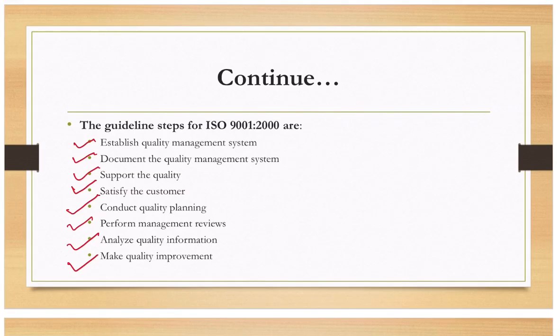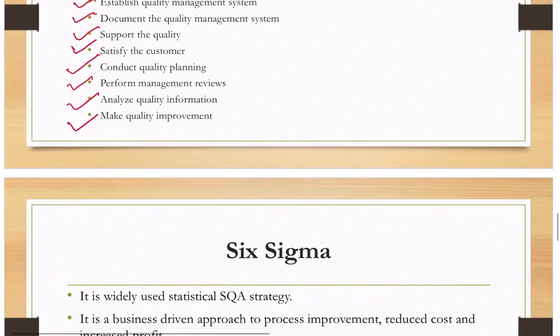Right? Now, the ISO 9000 helps in creating organizational quality manuals. These quality manuals identify the organizational quality processes. Using the quality manual, the project quality plan can be prepared for every individual project. Thus, project quality management can be done in these ISO standards, right? So, I hope you all are clear with the ISO standard.